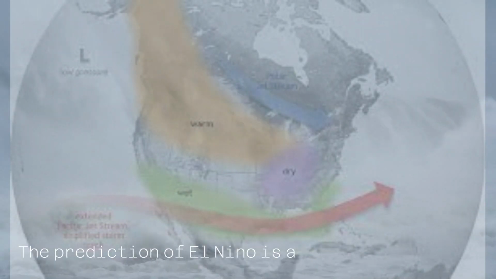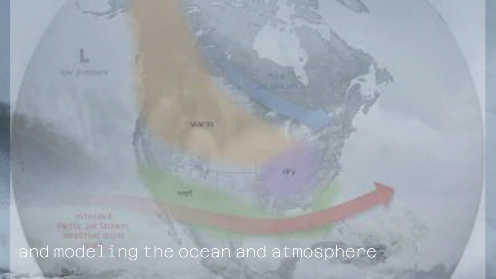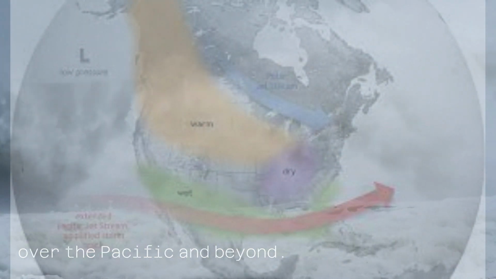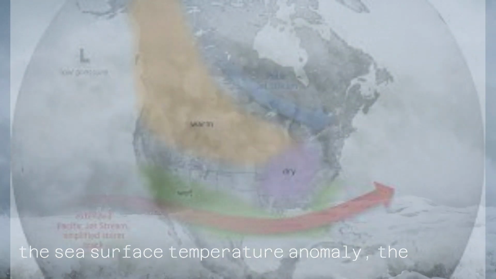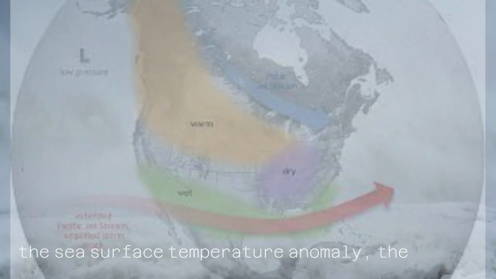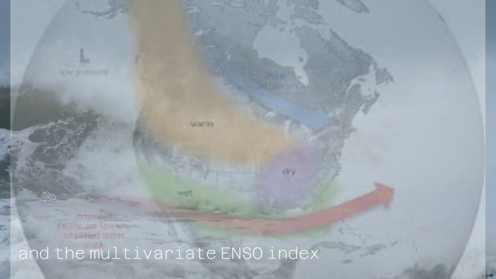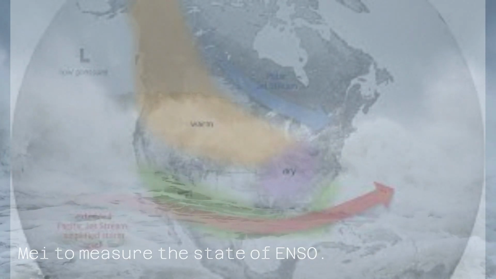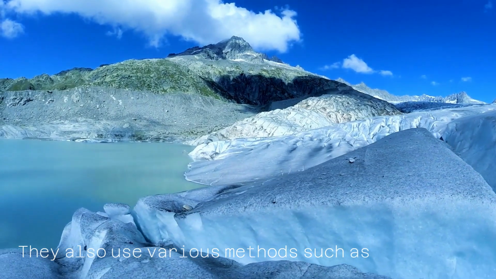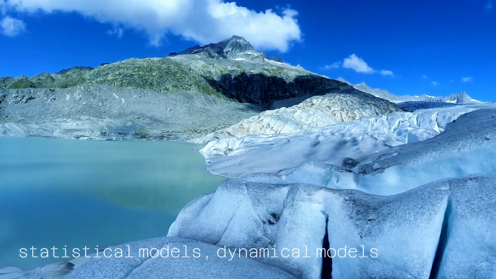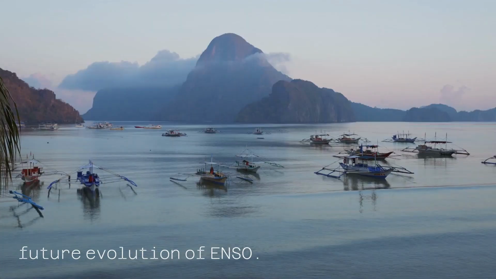The prediction of El Niño is a challenging task that involves monitoring and modeling the ocean and atmosphere over the Pacific and beyond. Scientists use various indicators, such as the Sea Surface Temperature Anomaly, the Southern Oscillation Index, SOI, and the Multivariate ENSO Index, MEI, to measure the state of ENSO. They also use various methods, such as statistical models, dynamical models, and ensemble forecasts, to project the future evolution of